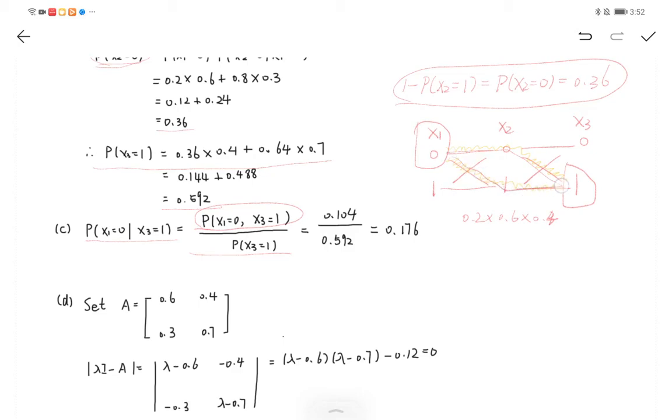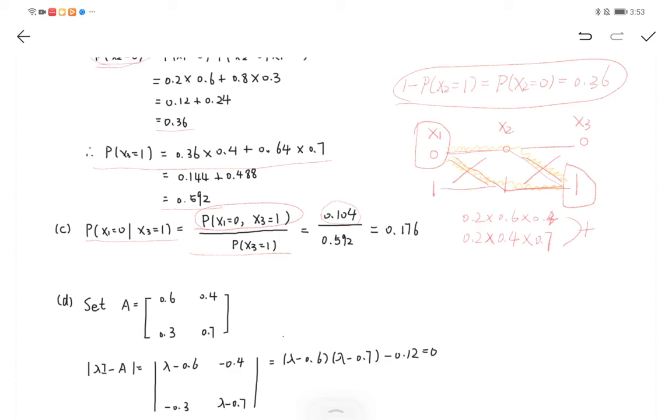And the second path is 0.2 multiplied by 0.4 multiplied by 0.7. We add these together, so we can get the probability is